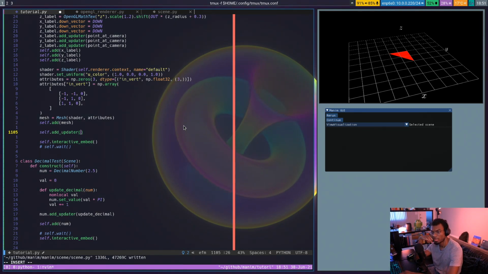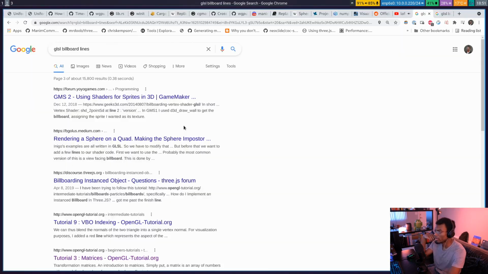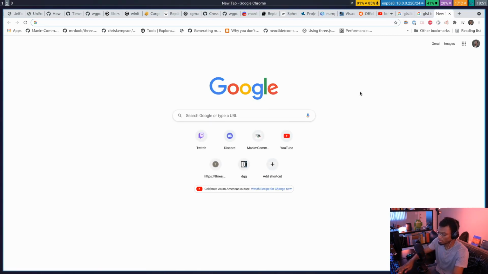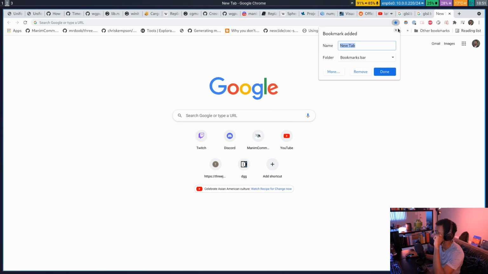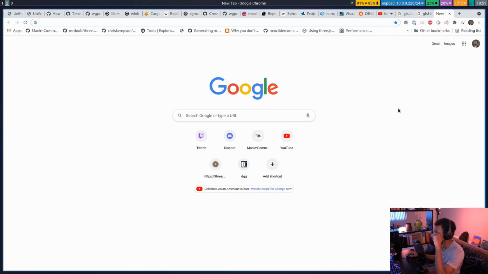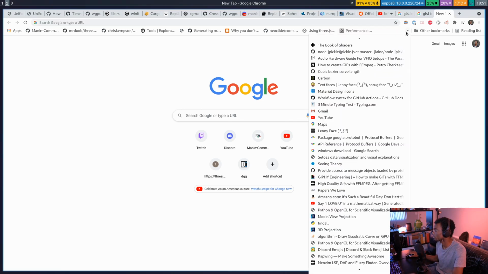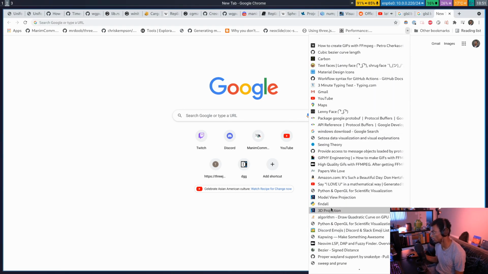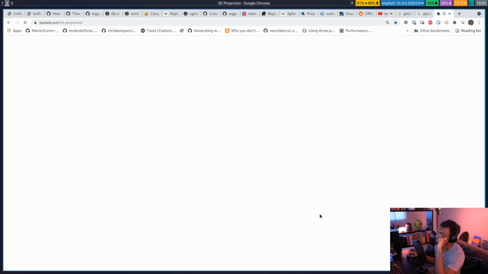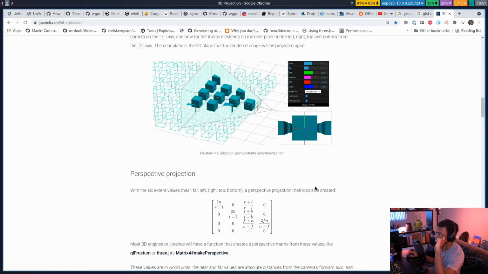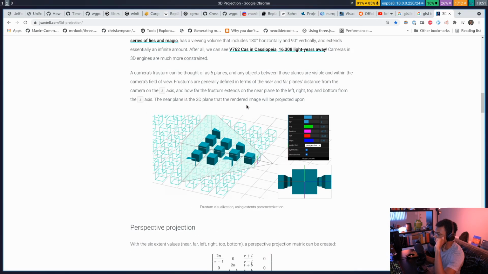Messing around with your shaders, you notice objects vanish when you zoom in too close, but not with Grant's shaders. Any idea why? The reason why is that, I should probably learn how to use bookmarks. Remove. Is it here? Normally,